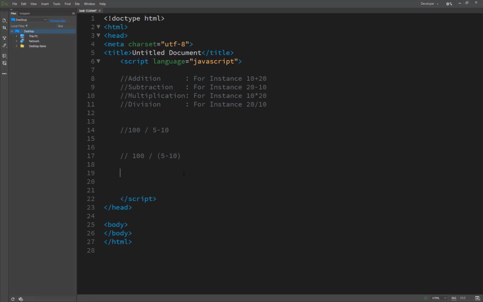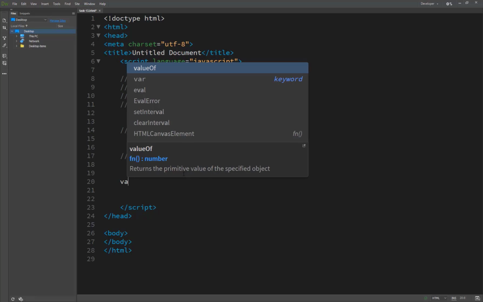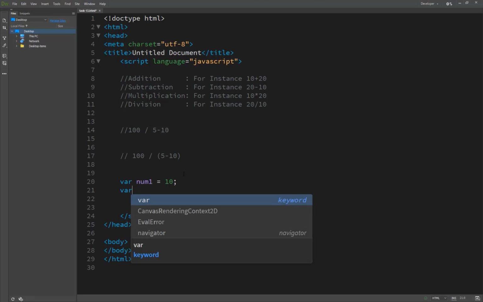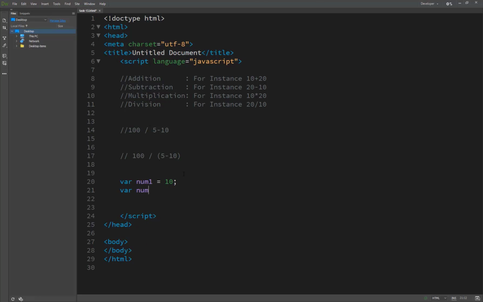So we write here and see the result. We create a variable called number1, and inside we assign a value of 10, and create another variable called number2, and assign a value of 5.